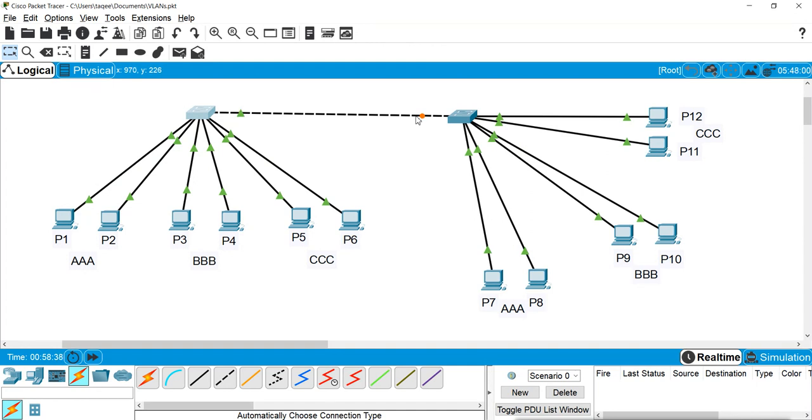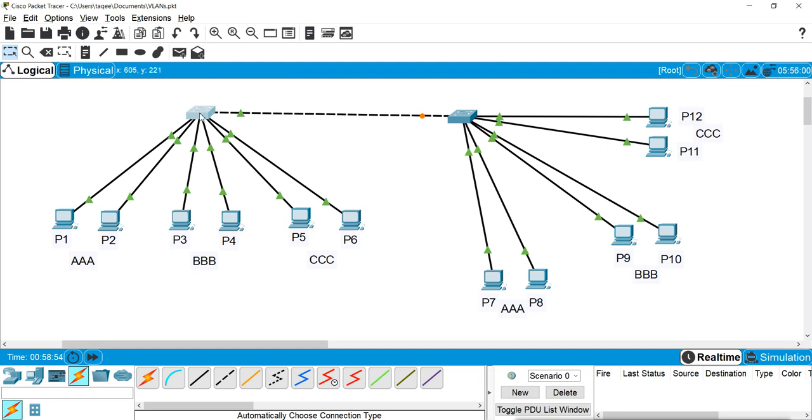Only then can they communicate. Now you see I have not mentioned any trunking protocol, because by default only 802.1q is supported. ISL is not available as an option.